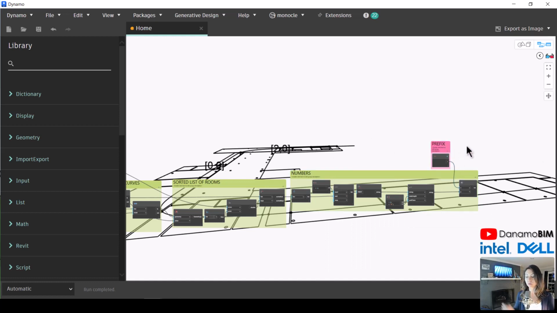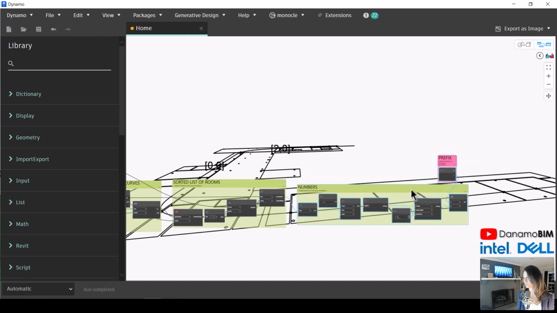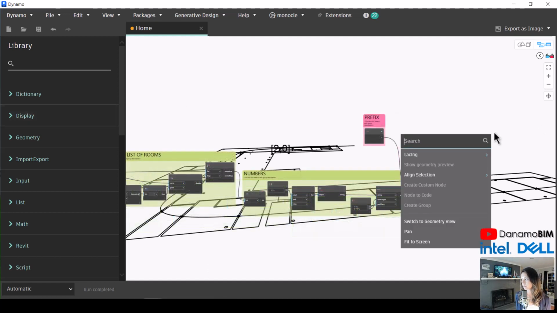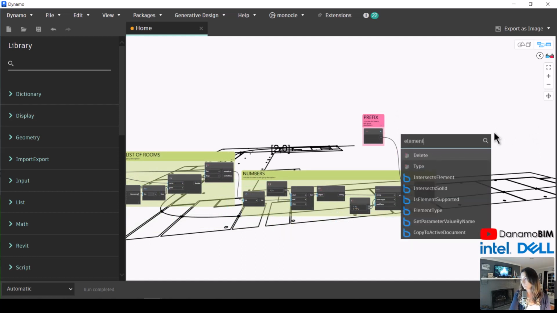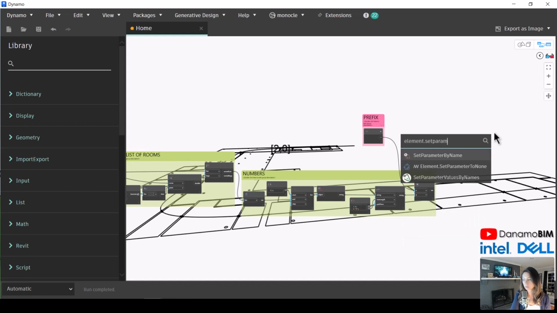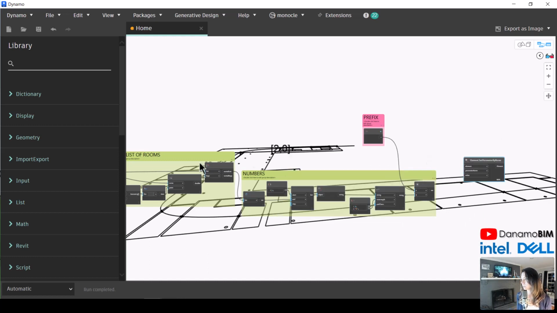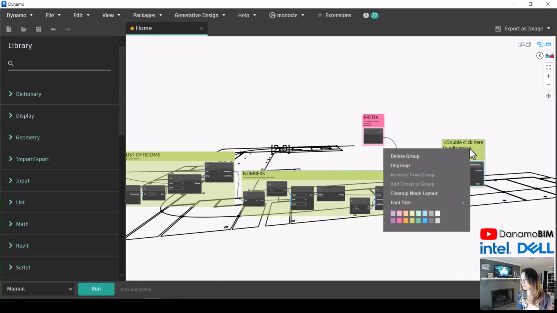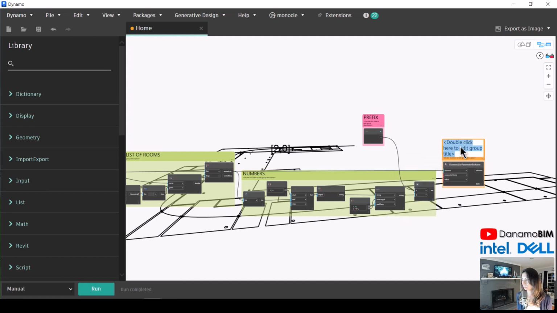Now you can set these values back to our sorted list of rooms, which is here. As you might expect, we're going to use Element.SetParameterByName, and our sorted list will be our elements. This is probably a great time, before we actually execute our number setting, to turn this on manual, right click this, and create a group. I like my execution groups to be orange, and say